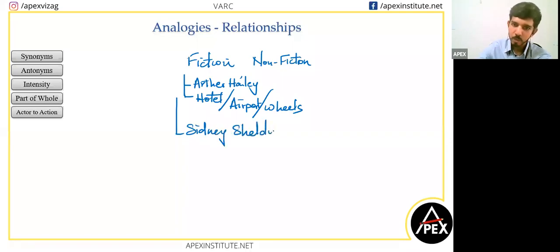So these are all famous authors for mystery or suspense books. Sidney Sheldon's books are usually around a female main character, right? Sidney Sheldon. So this is another fiction author. And if you're looking for non-fiction,